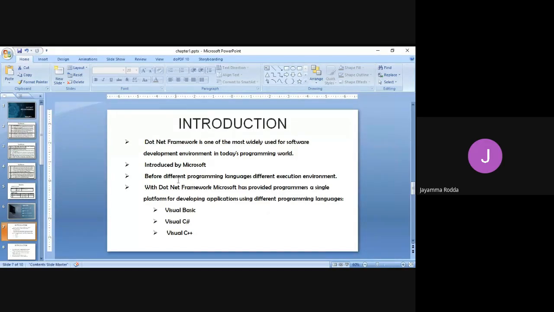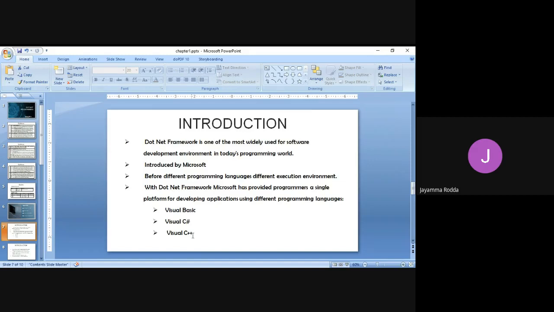So before, there were different programming languages and different execution environments. But with the .NET framework, there is no problem like that. Microsoft has provided a single platform for developing and executing applications. These are the different programming languages: Visual Basic, Visual C Sharp, Visual C++.